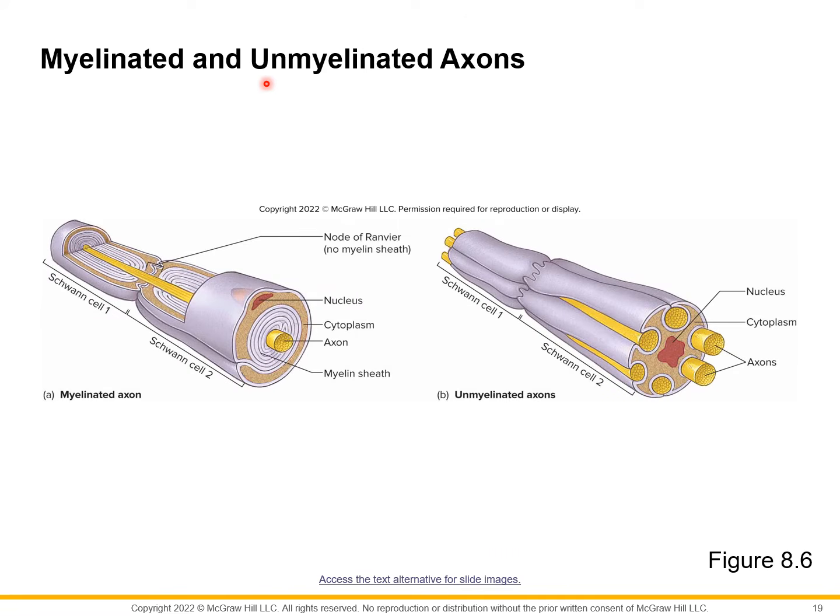Here's a side-by-side illustration of a myelinated axon in comparison to unmyelinated axons. Notice that if an axon is myelinated, mag-isa niya lang, and is very well wrapped up in that myelin sheath. In comparison to unmyelinated axons, there are multiples of them embedded in just one Schwann cell, and they're not even fully covered, as you can see in the exposed areas right here. So those are the differences between a myelinated axon compared to an unmyelinated axon.